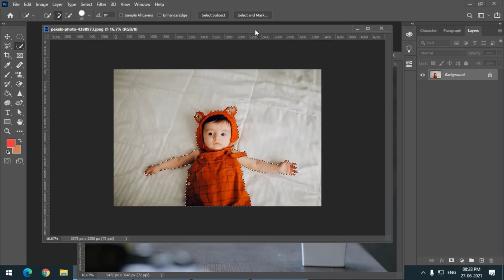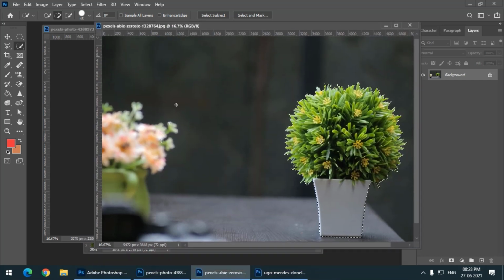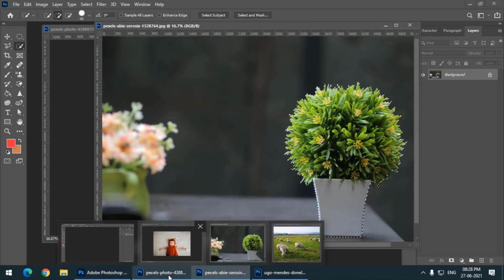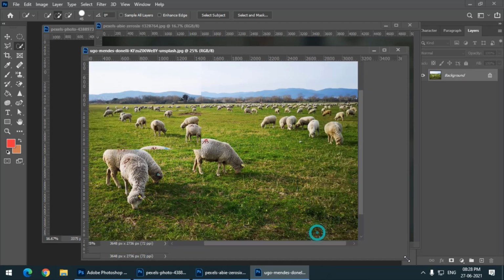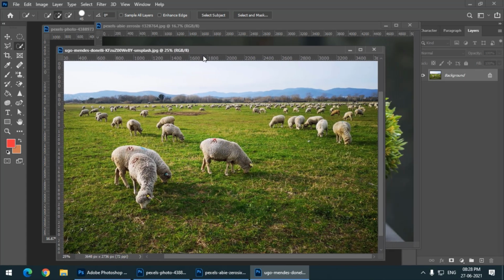But what will happen if we take an example of an image which contains multiple objects like this? This image has multiple sheep. What if I want to select only this sheep, and I click on the Select Subject option again?